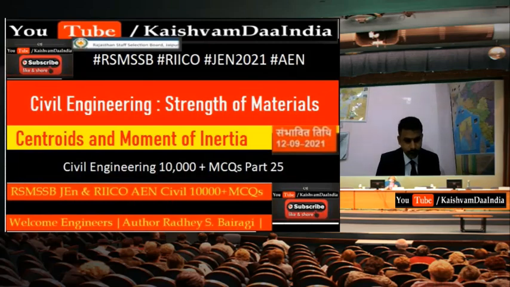Okay. Next, the moment of inertia of a thin rod of mass m and length l about its axis through its center of gravity and perpendicular to its length will be what? That will be ml square by 12. Next, in case of the principal axis of a section, the product of moment of inertia is 0. Next, which of the following cases gives the least moment of inertia in case of a square? Moment of inertia about the diagonal will give the least. Base, top and vertical side will not be the least. Diagonal section will be the least.